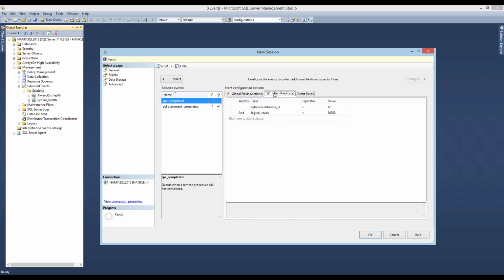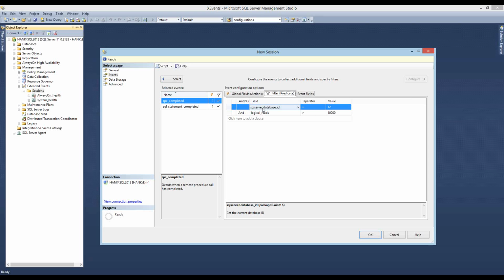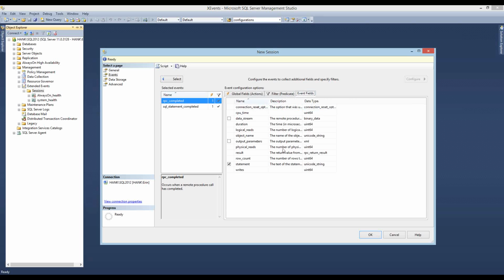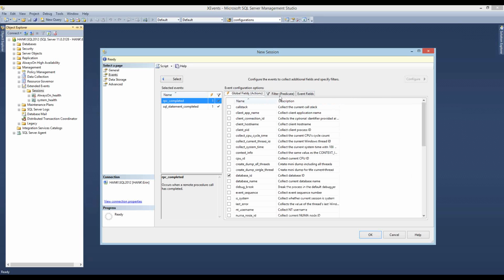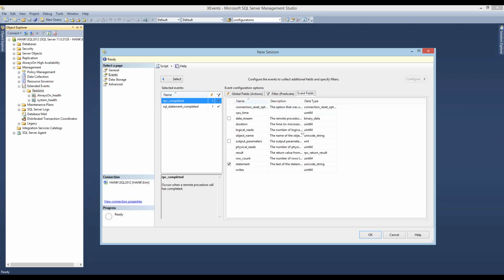When I have a filter, and I filter on a field that is not part of my default payload, it then has to go get that value in order to evaluate on it. So in this case, I have database ID first, which is not part of my default payload, right? It's a global field. So it has to go get that information first and check it, which is an extra step. Versus if I had logical reads first, right? That's part of the default payload.